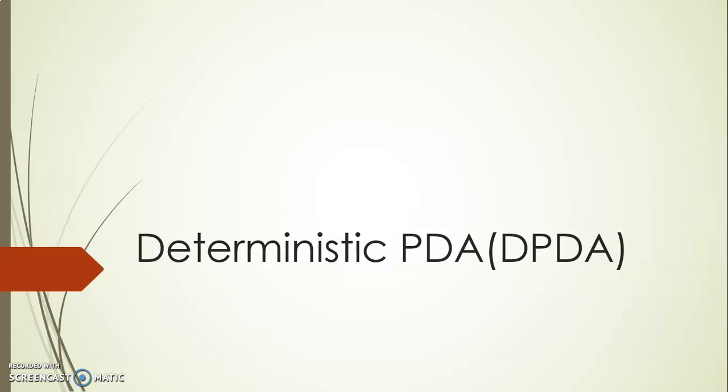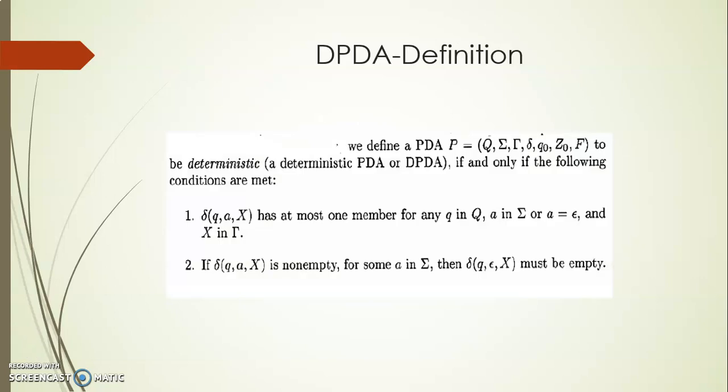Before going into the formal definition of DPDA, just remember the basic difference between non-determinism and determinism. In non-determinism, from a state for an input symbol, there can be more than one transition. That is, there may be more than one possibility to move from one state to another for the same input symbol. But it is not so in a deterministic automaton. In a deterministic automaton, from a state for an input symbol, there should be only one possibility. Keeping this in mind, we'll come to the formal definition of deterministic push-down automaton.